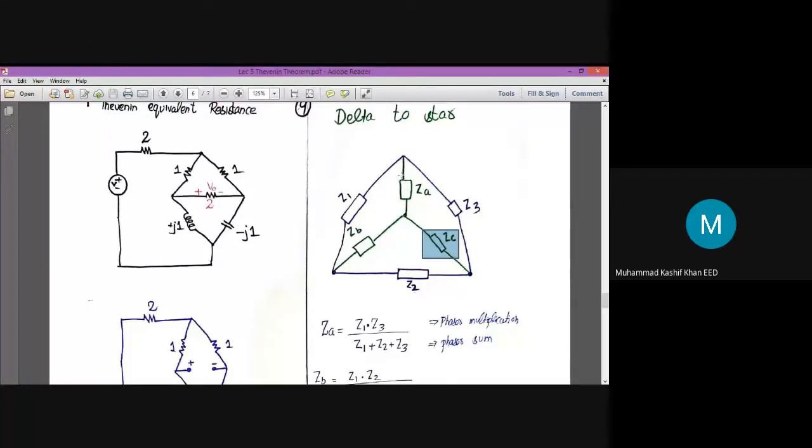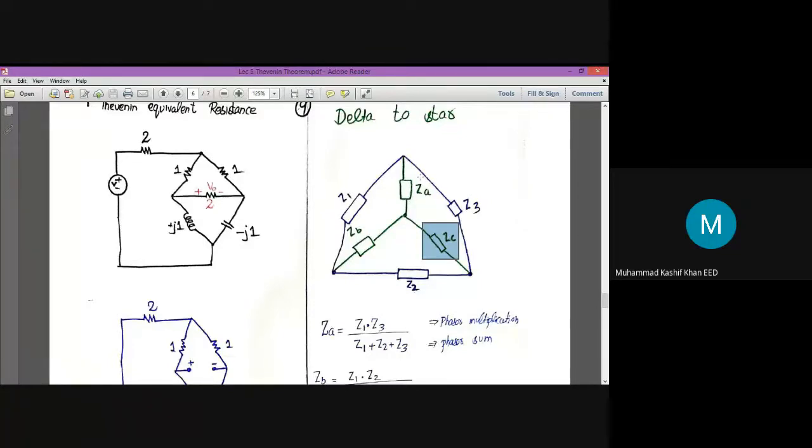How can you connect those 3 impedances in star fashion? One end of star impedance will be connected to one corner of the delta network. The other end of the impedance will be connected to a common point. See, I have done the same procedure with all 3 star impedances. Now how can you find out the value of ZA, ZB, and ZC?